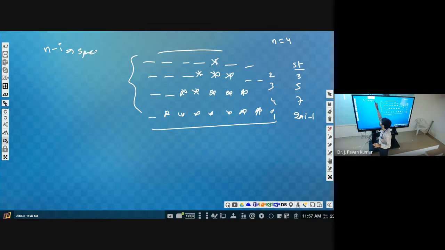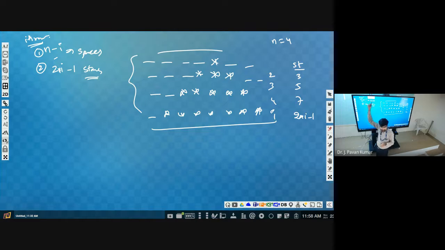Then how many stars in the ith row? In the ith row, we have to print first spaces, that is n minus i spaces. Then second, we have to print stars. How many stars? 2i minus 1 stars. After this, we will keep the cursor in the next line, so that again we will repeat.